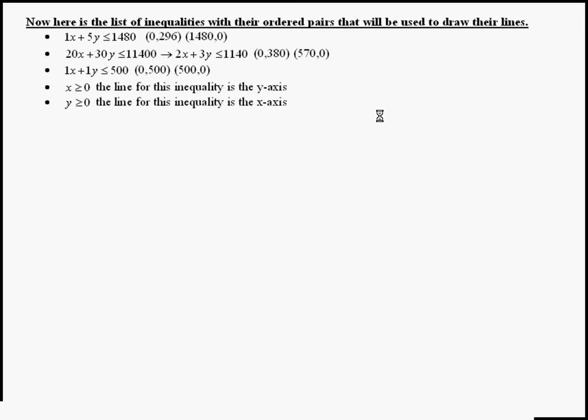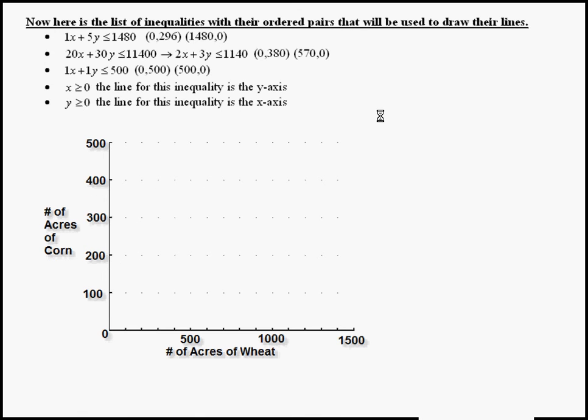And simply understanding that both x greater than or equal to 0 and y greater than or equal to 0 construct the x and y axis. So we should construct our graph looking somewhat like this. You notice that I looked at my ordered pairs. I'm seeing that my largest x value is 1480. Therefore, I went to 1500 as far as the